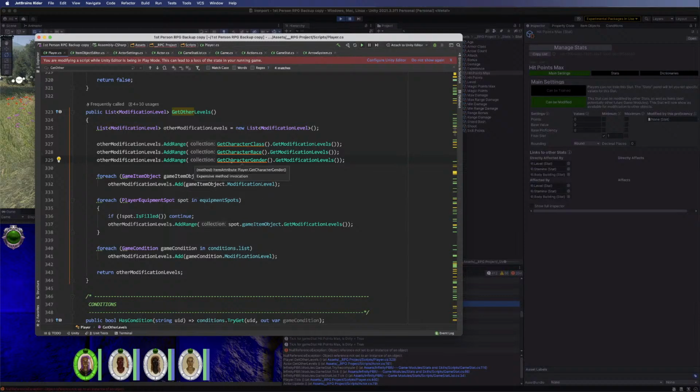Oh, we didn't add a gender. What is this? Okay, so